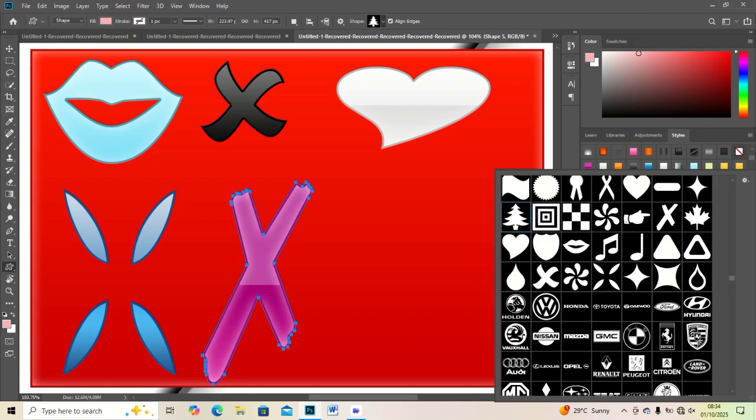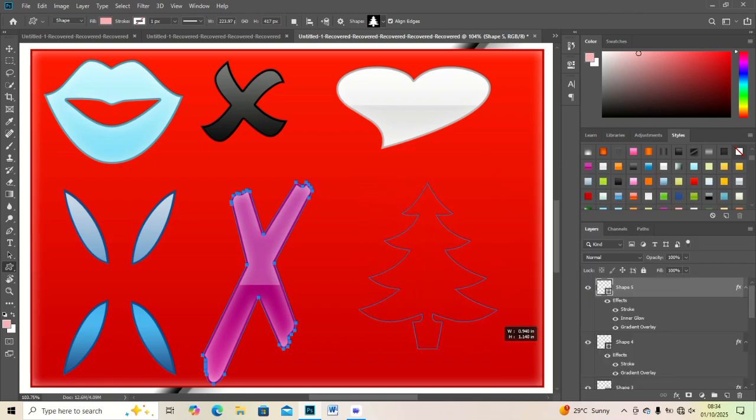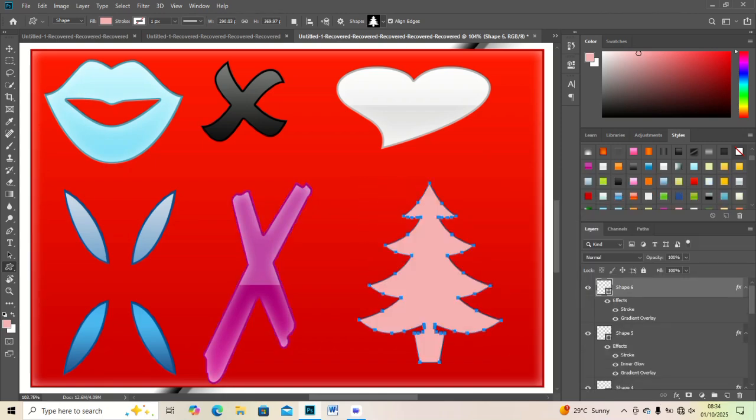Apply metallic or neon gradients to your text to create a futuristic vibe. Add dynamic shape